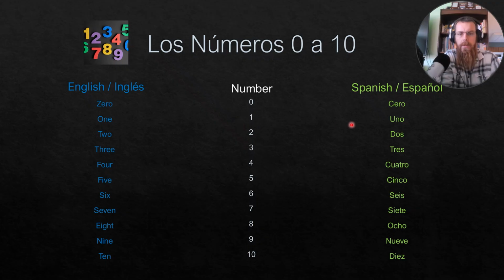We have one, which is uno. And I'm gonna pronounce these with emphasis, and I'll tell you how they're pronounced at the end, but I'm gonna emphasize them so that you hear the different vowels and the consonants. But I will give you a hint on how to pronounce words in Spanish. I've already done so, I think, in the beginning videos, but I'll do it again: you don't really draw it out as much as you do English words. So, all right, so cero, uno, dos, tres,